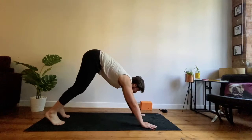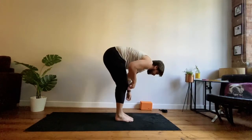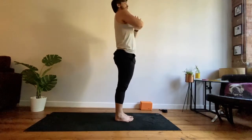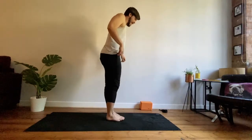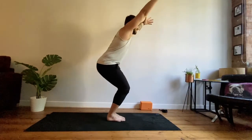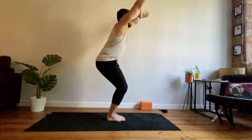From here, look forward, bend your knees, step or jump to the front of the mat, halfway lift, flat back. Exhale, forward fold. And then rise up, hands up to the ceiling, down to your heart, back into that chair pose, legs together, and then keeping those quads strong, sinking into that chair pose, flat back, shoulders relaxed, reaching up,